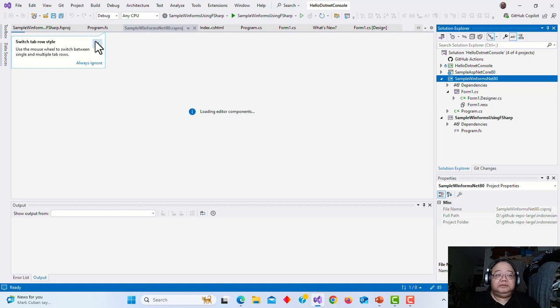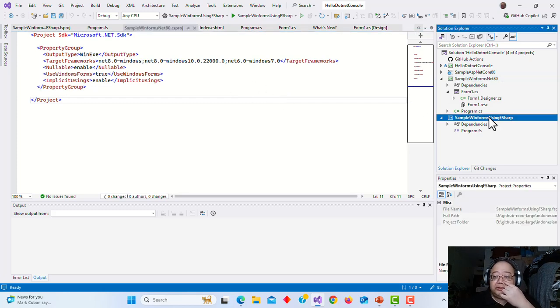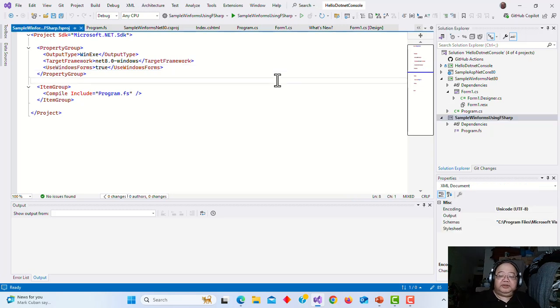I can use the mouse wheel, really? Cool. I'm not going to use this one. So, okay, we have sample WinForms using C# and F#, which is a nice segue to discuss this week about the project system. How is .NET Core like this? We have a .NET Core here,